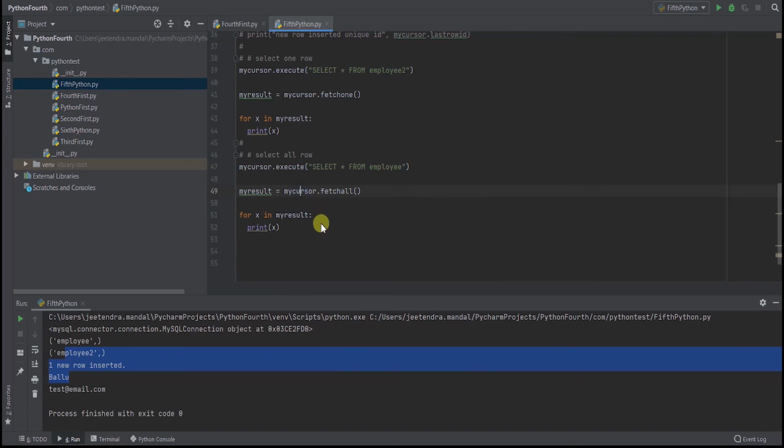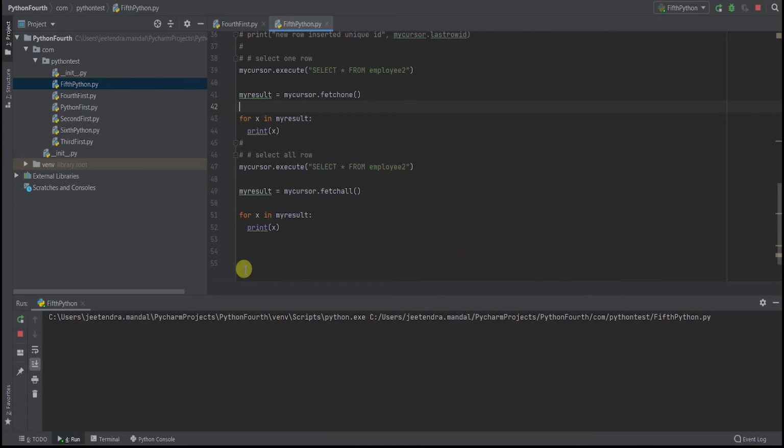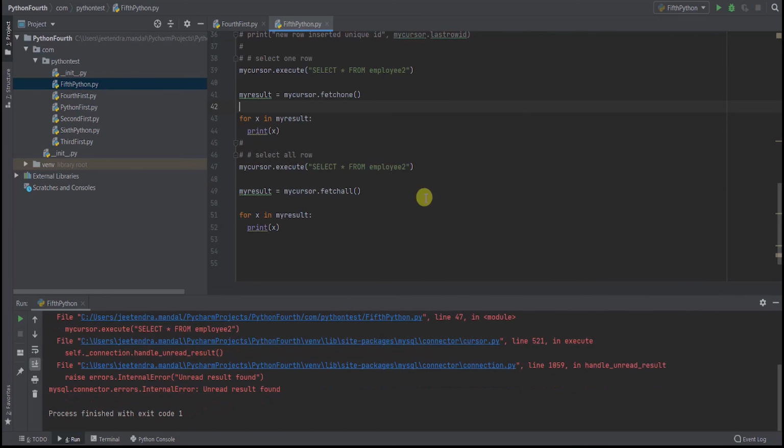Fetch all the rows from employee2. So I'll just run it. It will show me. There is some error, so I need to debug this part.